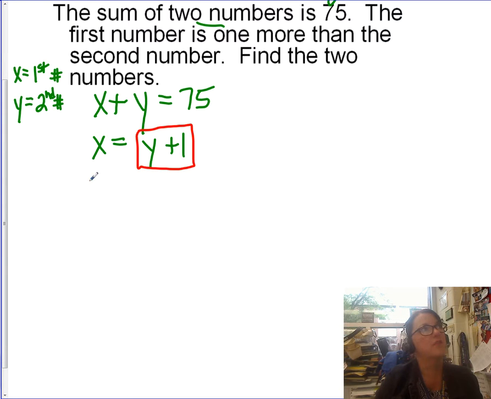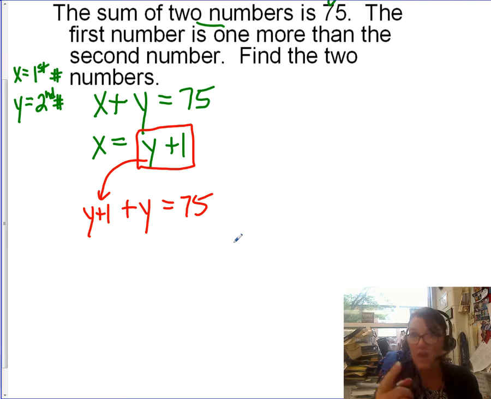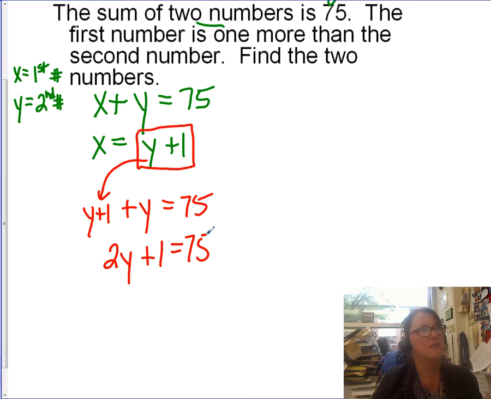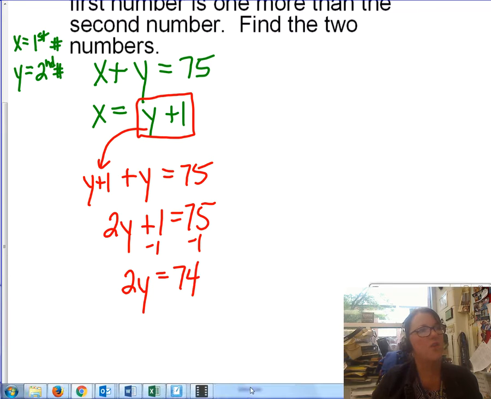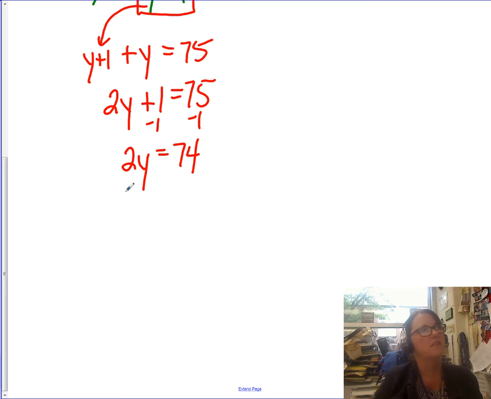So let's go to that first equation, and instead of writing x plus y is 75, we're going to substitute this algebraic expression. Now you have an equation in one variable, and you can figure out what the value of y is. Y plus 1 plus y is 75. That's 2 y's plus 1 is 75. Subtract 1, you get 2y is 74. Oh, you don't need a calculator. Come on. Do this in your head. Divide by 2, and you get y is